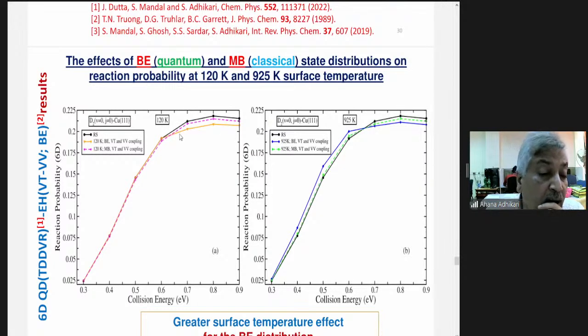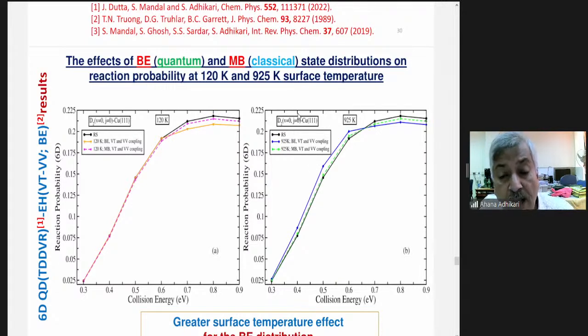You can see the 120 Bose-Einstein, 120 Maxwell-Boltzmann. For the Bose-Einstein case, the broadening is much more compared to Maxwell-Boltzmann, and the black curve is basically the rigid surface. In case of 925, the effect is much more pronounced, and in case of Bose-Einstein,